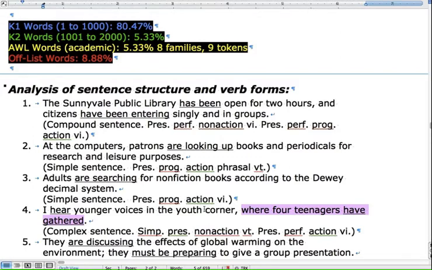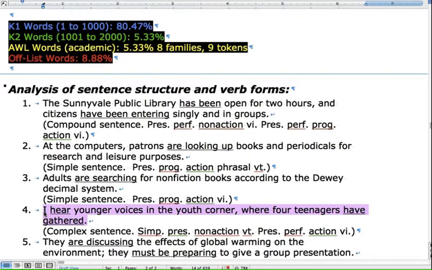It is dependent on the main clause. It must have an independent clause to be joined to. It starts out with the adverb where. If we only put it like this, with a capital W, and said where 4 teenagers have gathered, that would be a fragment. We don't like fragments, so we're going to put it back like that. So here's our